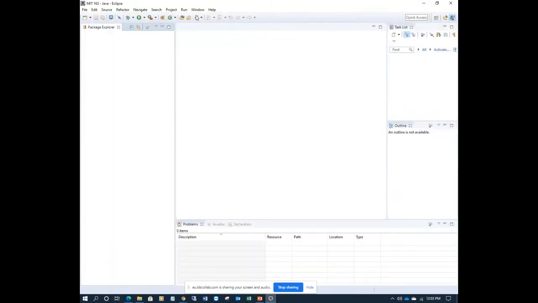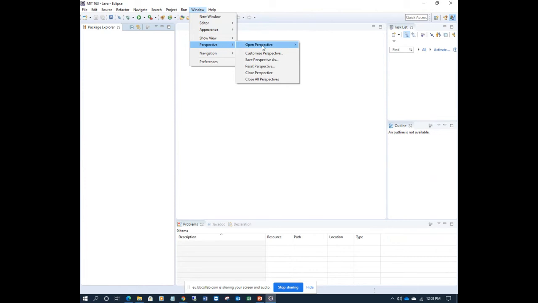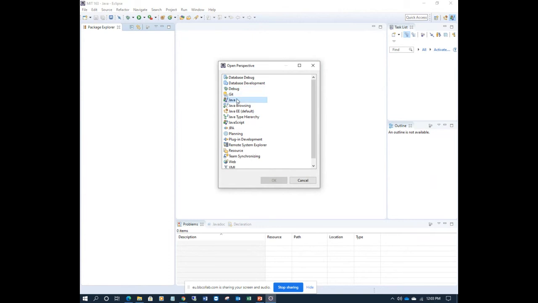To go to the window, open perspective, click other, choose the Java. Here perspective means the way Eclipse is more open for all the supported classes, libraries, and windows which are required for Java. Okay, they are different. We have different types of programs you can add with this Java.